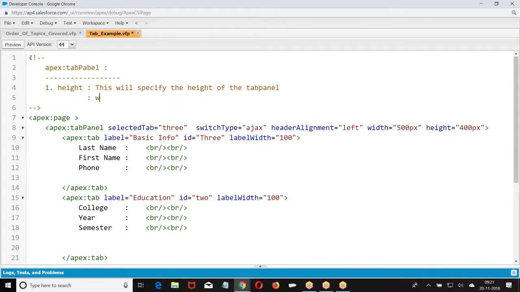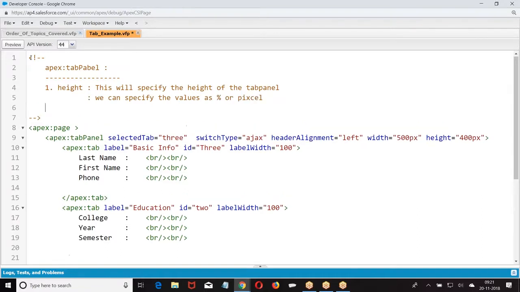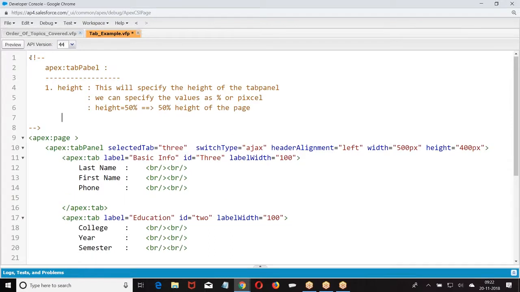We can specify the values as a percentage or pixels. When I say height equal to 50%, it means 50% of the page, whichever page in which we are defining. Or else I can give pixels.